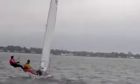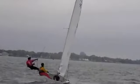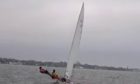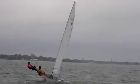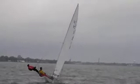There's Olaf and Katrine. Let's follow this white sailboat here. Sort of a typical look for these two, which is, I think, generally a little bit too tight on the main leech. For such a small team, they could be sailing with a little bit more twist. And they're generally heeled over, which